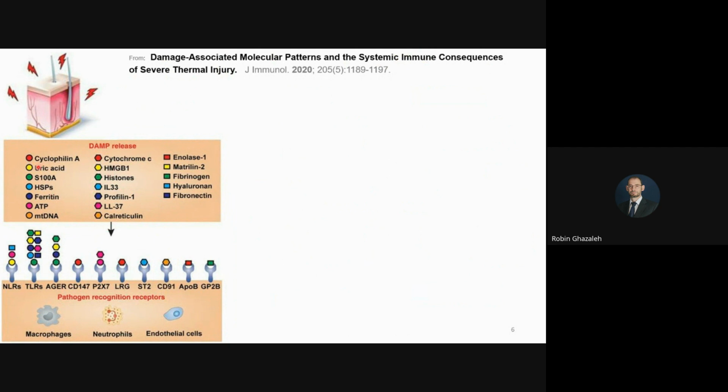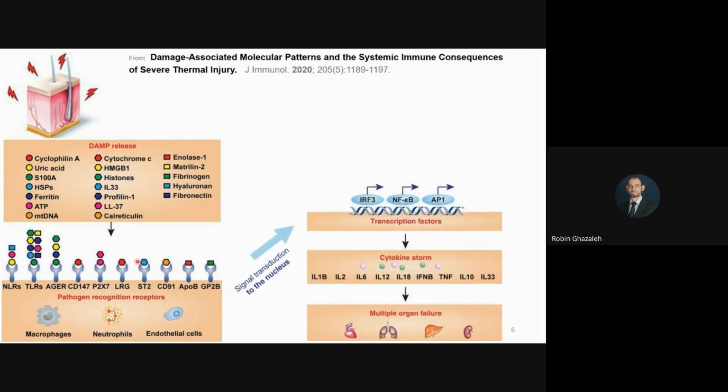So far, we've gone from burns to release of danger signals, that there are cells which are able to recognize those signals. And what happens then is that signal is transduced to the nucleus, and that may be by a whole pathway, a whole series of steps that lead to the activation or translocation of transcription factors into the nucleus, which are going to change the transcriptional regulation. And these are 3 common